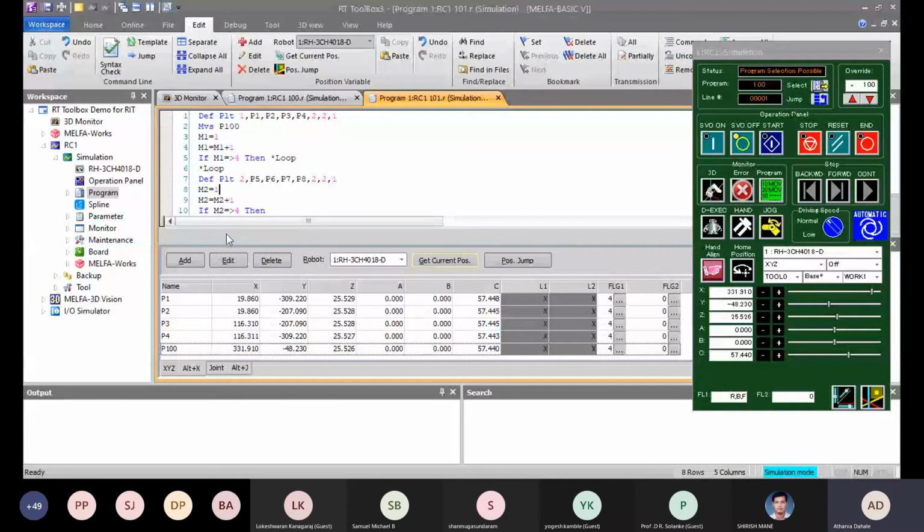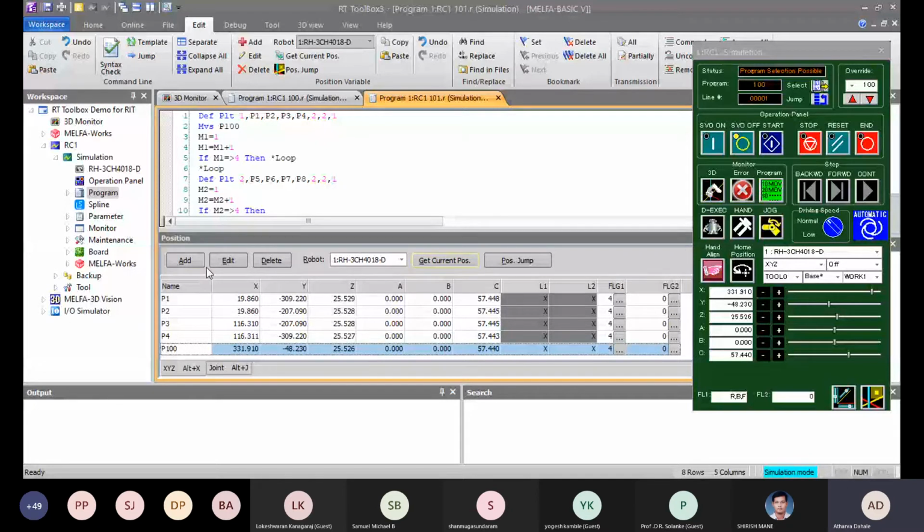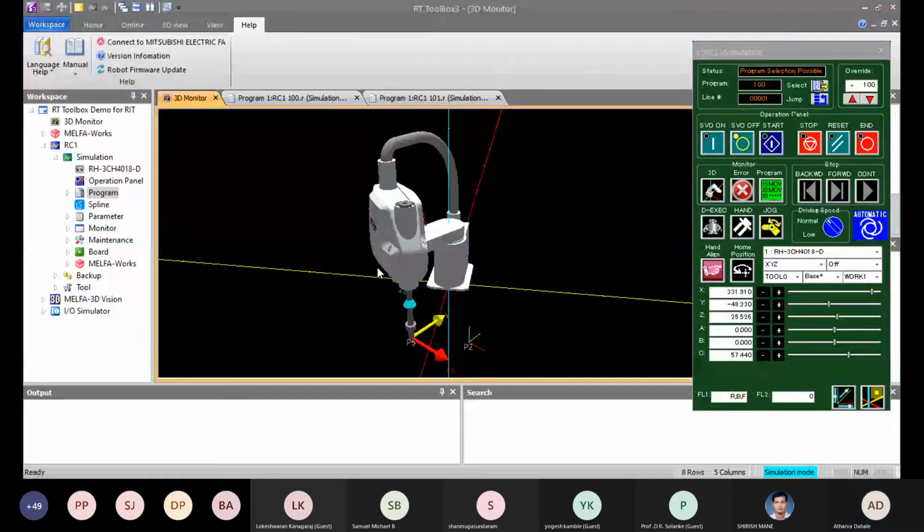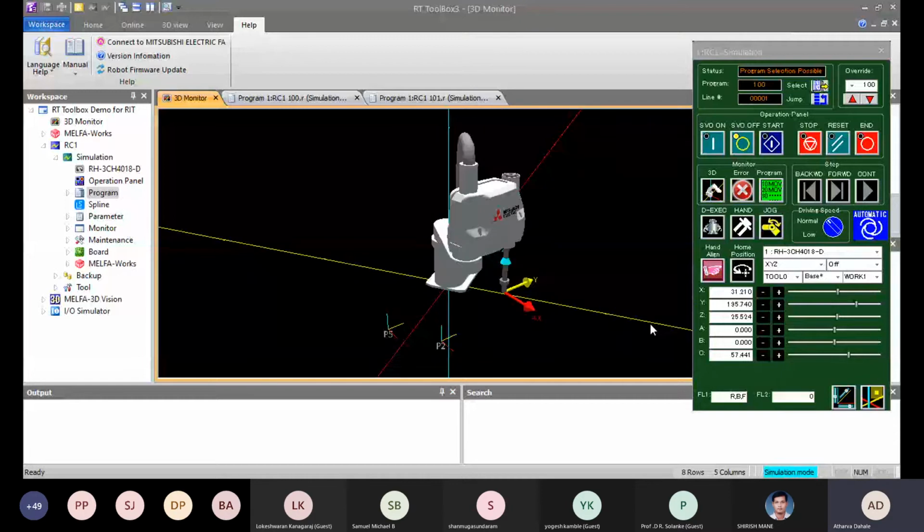So likewise, I have to define palette 2 coordinates. So this is my P5 point.